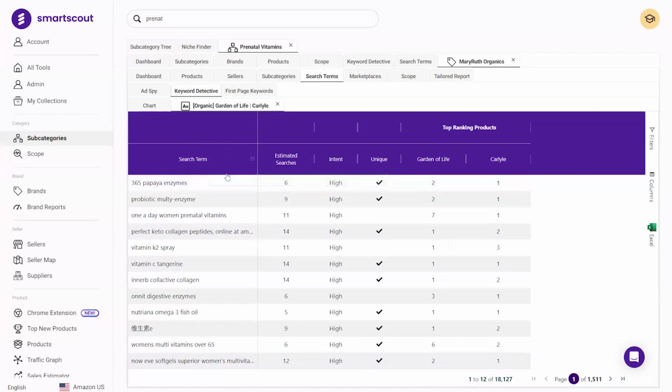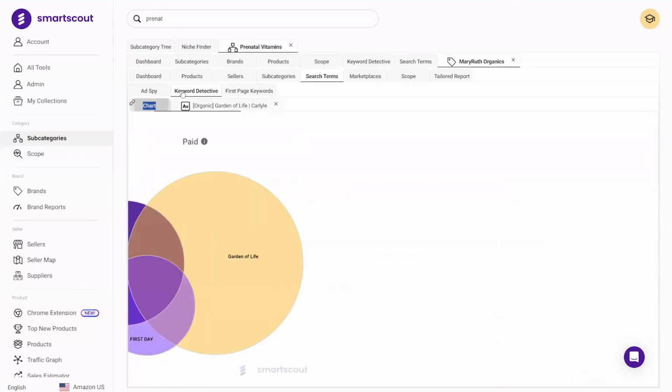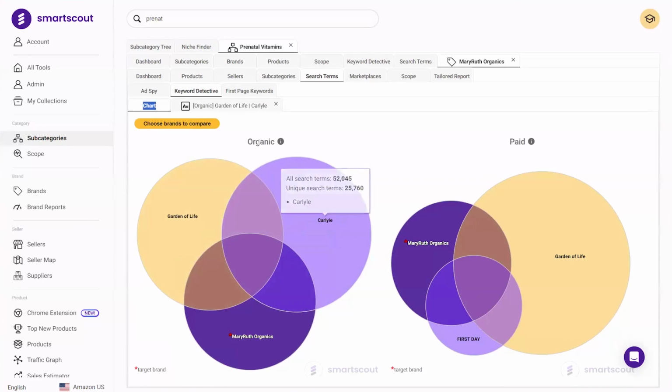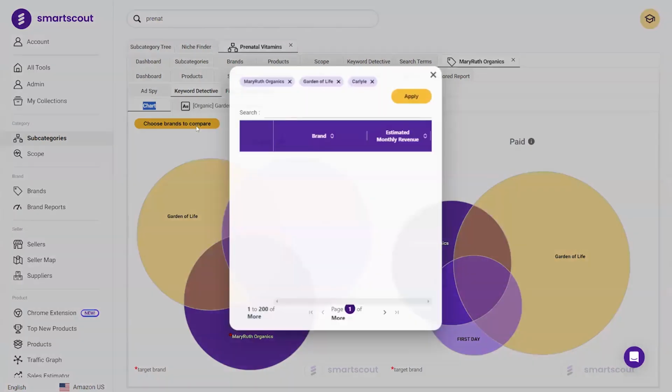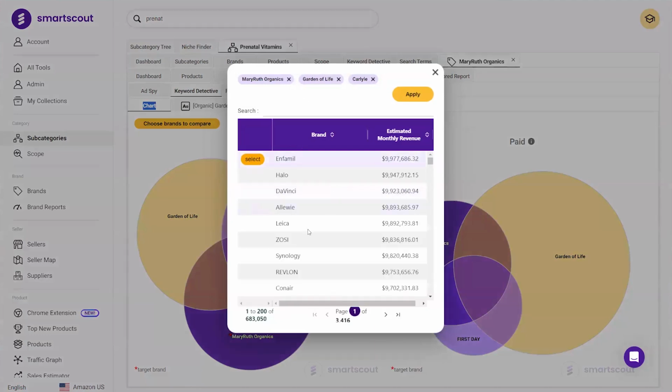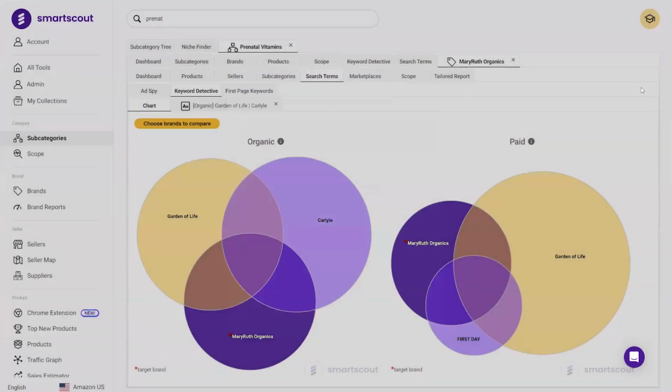I can export this and filter this down for the search terms just associated with prenatal vitamins and see what I'm missing. And I could do that not only on the organic side, but I could also do it on the paid side the same way. Not only that, but I could choose the brands that I want to be competing with. So I could do that for a number of my top competitors and make sure I have the top search terms, optimize my listings, and of course, influence my paid strategy.